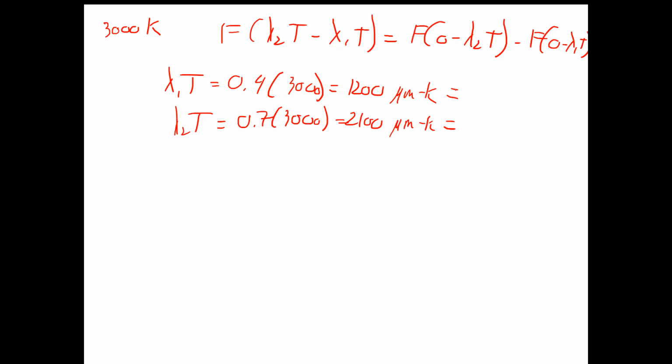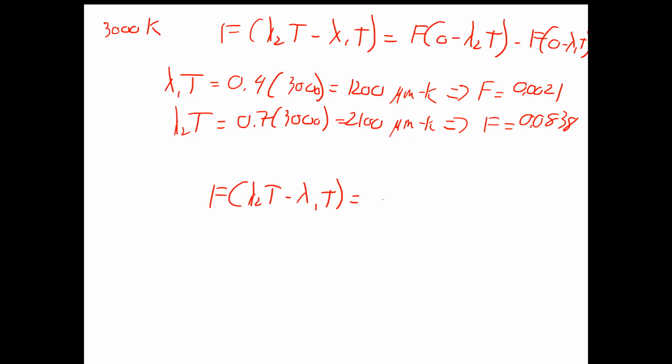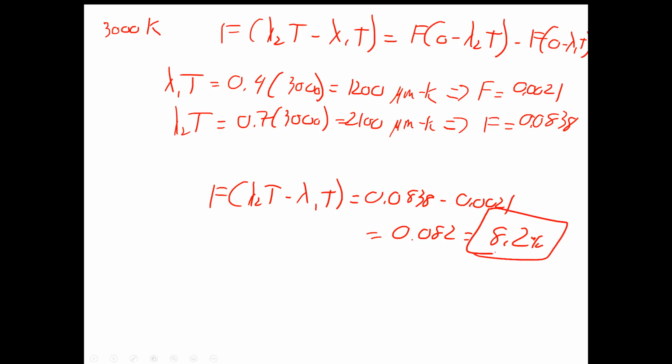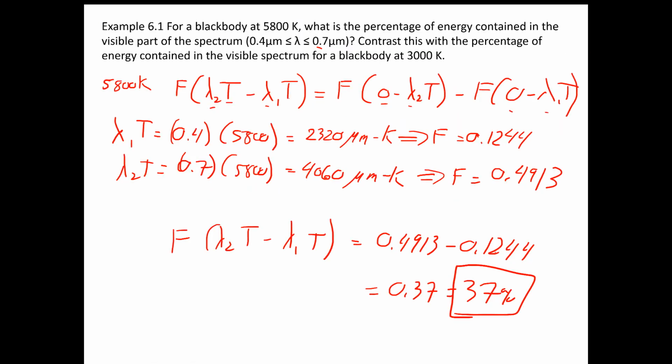You can find that in this case, fractional energy would be 0.0021, or 0.2%, for lambda 1 T, and for lambda 2 T, it would be 0.0838. So if you do the math, 0.0838 minus 0.0021 gives you 0.082, or 8.2%. So you can see that at 5800 K, the visible spectrum contains 37% of the energy, but